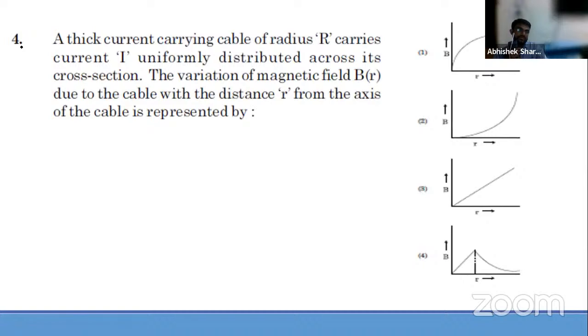So the fourth question here. This is also from the NEET only. The complete paper is from the NEET, I told you in the beginning. It says: a thick current carrying cable of radius R carries a current I, uniformly distributed across its cross section. The variation of the magnetic field B(r),